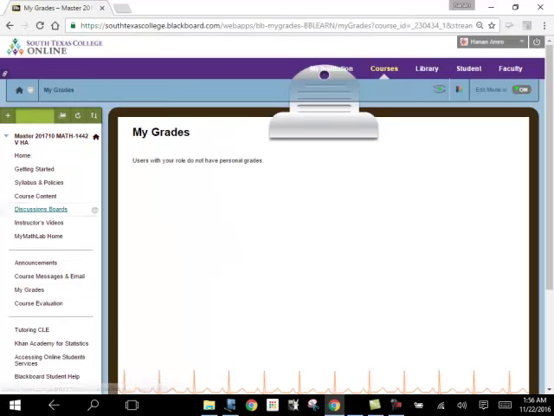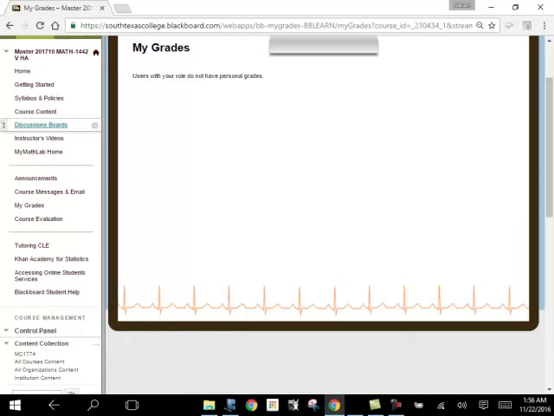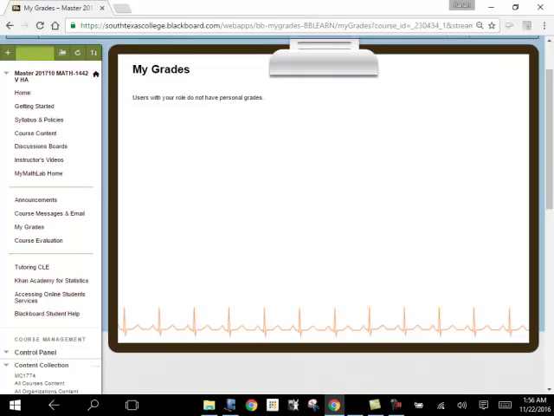My Grades is also over here, for the student, and it will show you the assignments and the grades on them. In case you're missing something, it will show you that you're missing that item. Course evaluation needs to be done at the end of the course to receive 5 points on top of the final exam. If you click back again on the home page where we see the